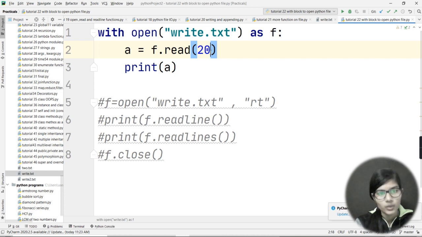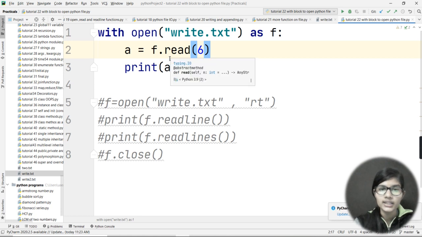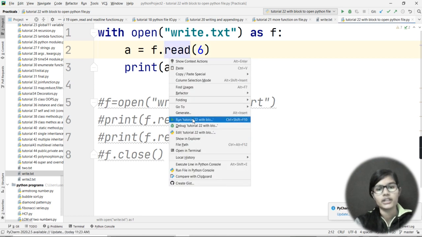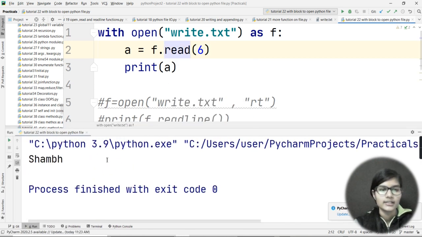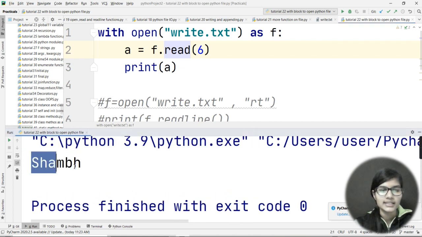But my with function, what it is doing is that, let's say I wrote 6 here, so it will print me the string till the 6th index. Now let me run it. See, I got my string till the 6th index. So this is the difference, that if you want to print the string from a respective index, then you use seek function, and if you want to, okay, sorry, I guess I messed up with this.